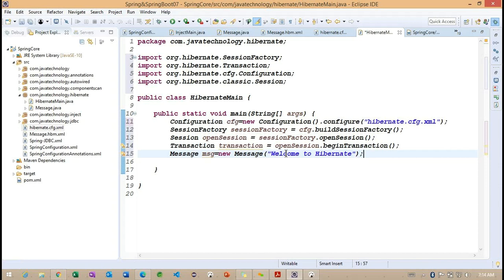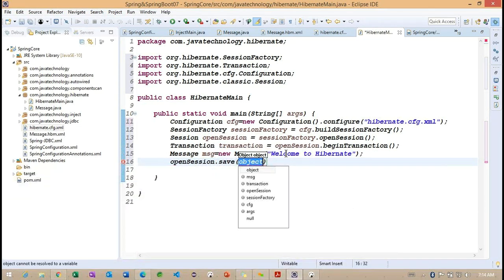This particular message I want to save. Cutting the point. Now observe how I am trying to save: session dot save, passing the object. So this particular message I want to save.